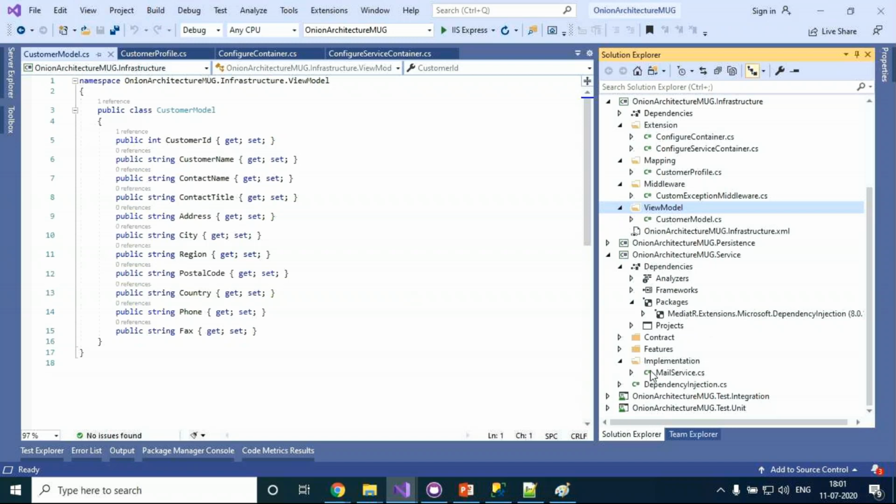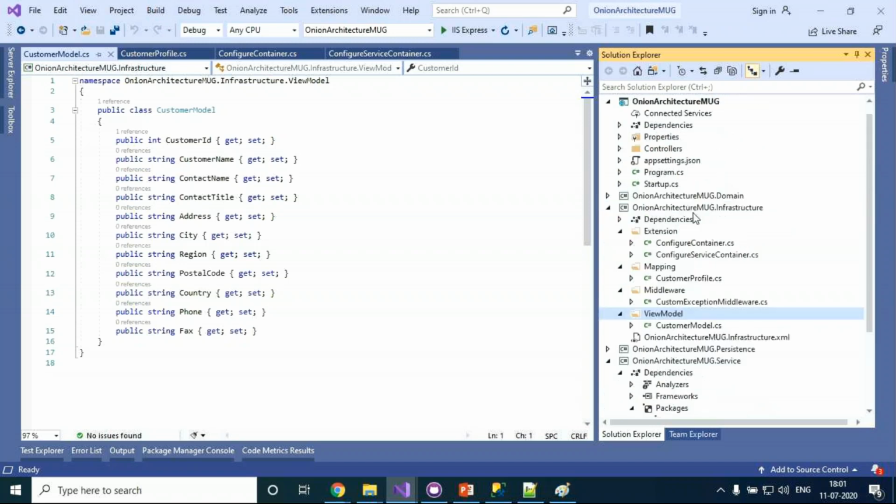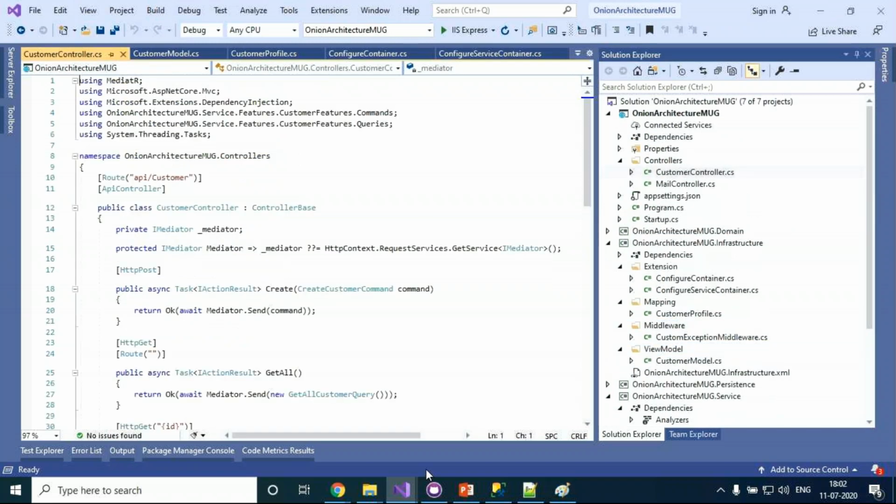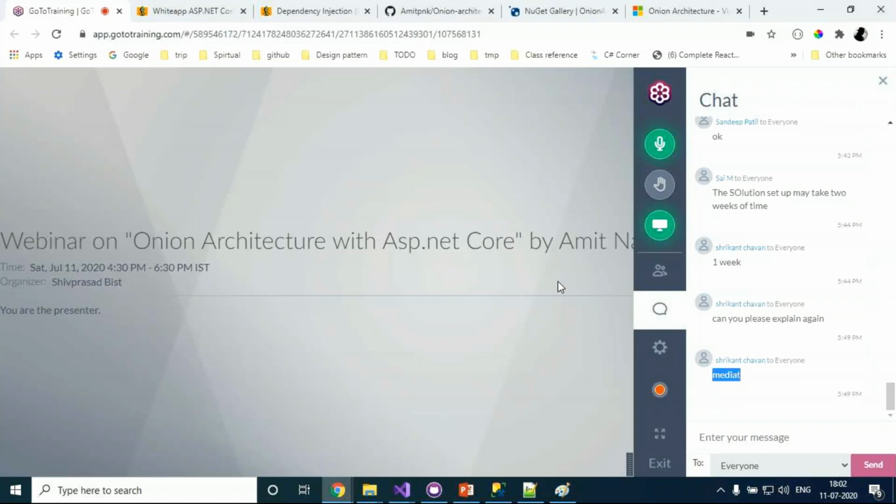That will be more suitable, because the transactions and CQRS should be next to the CQRS only, calling into that. So that's the reason we can implement it in the service layer. Hope you got the answer, right?